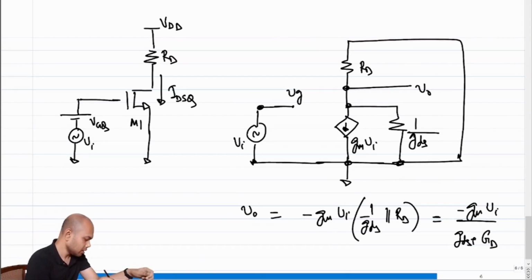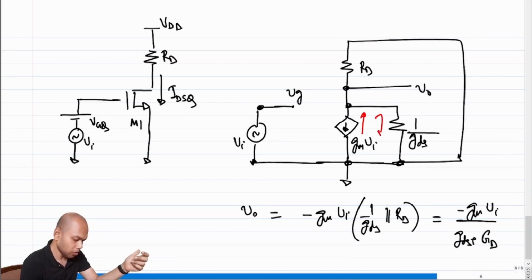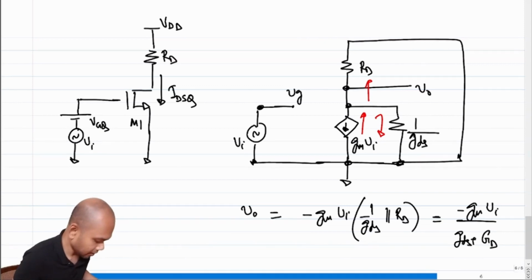So in other words, the current from the Gm source is now getting divided between its own impedance and the resistance on top,